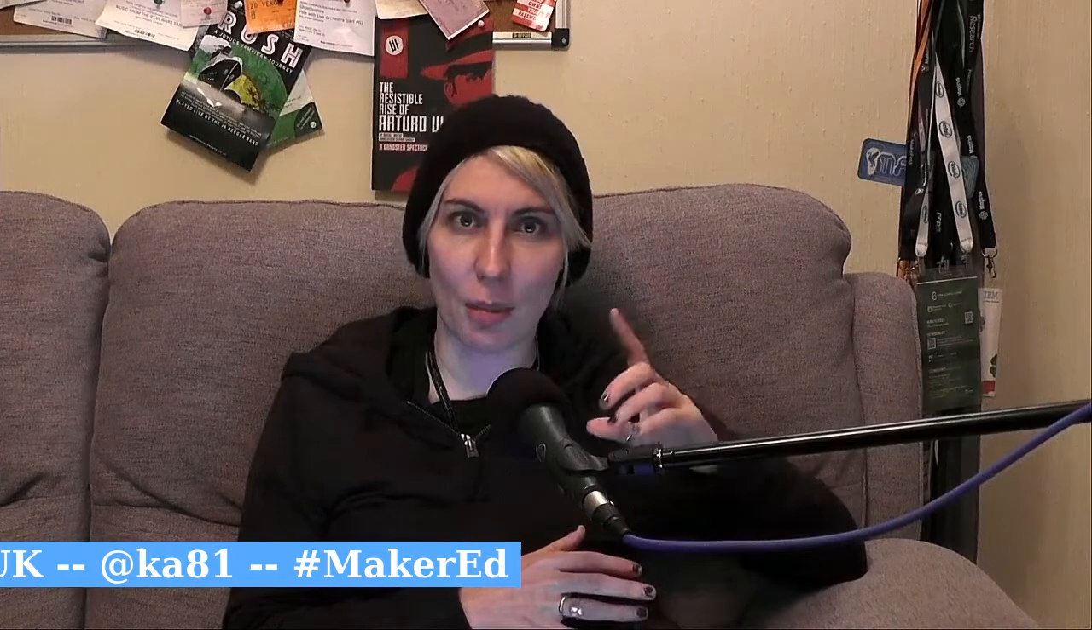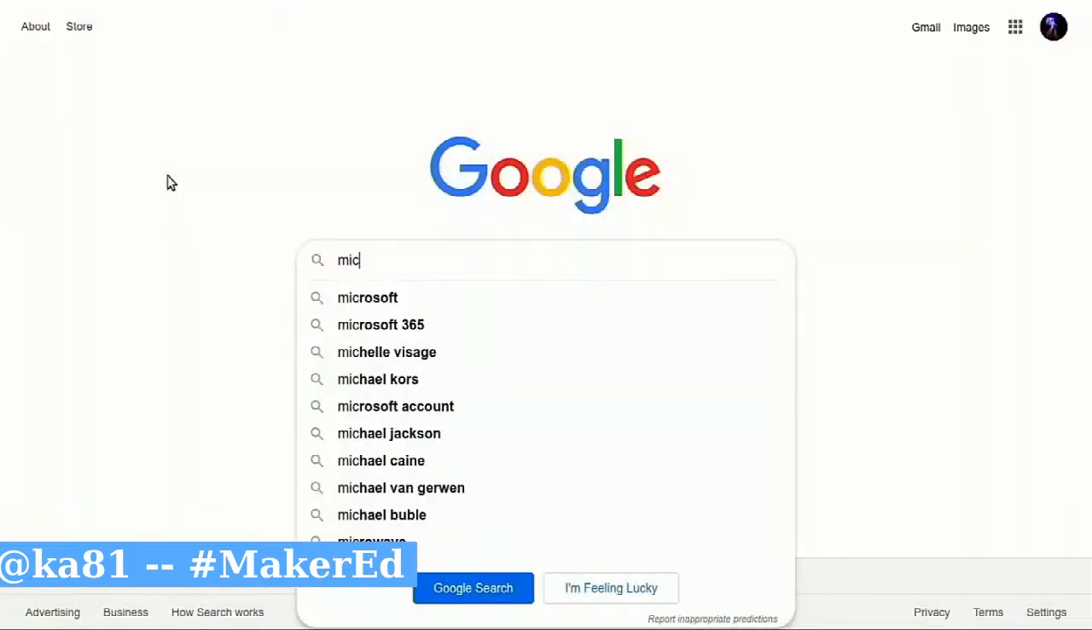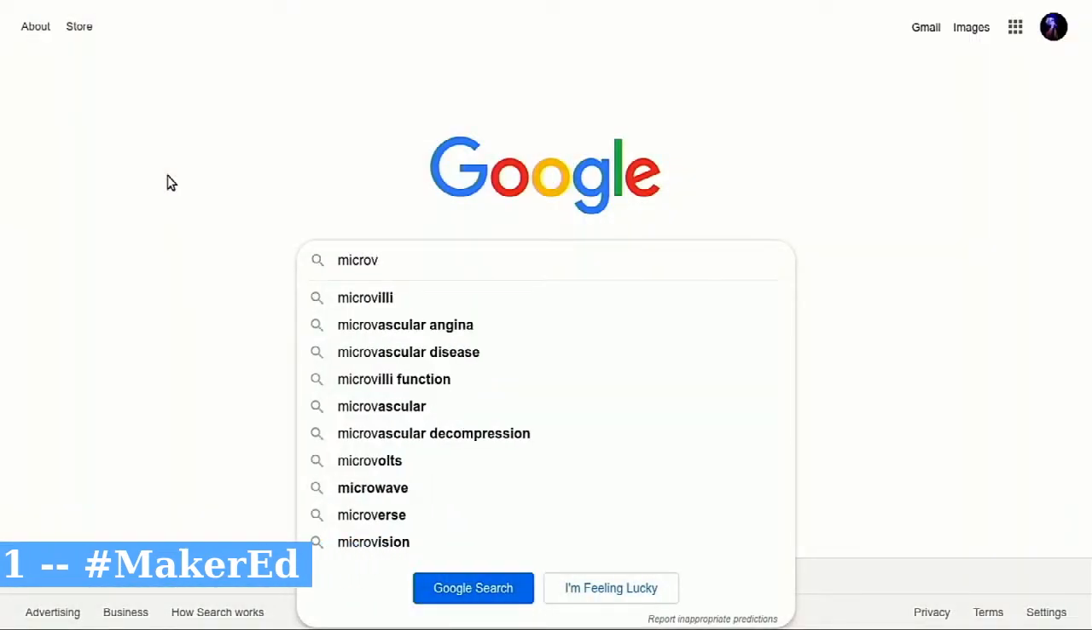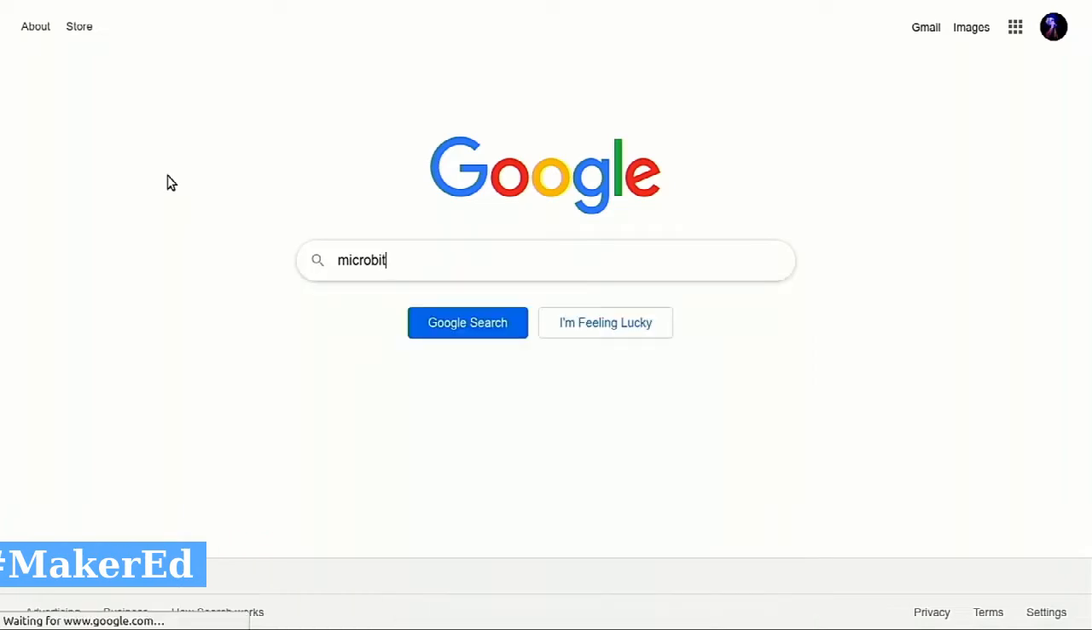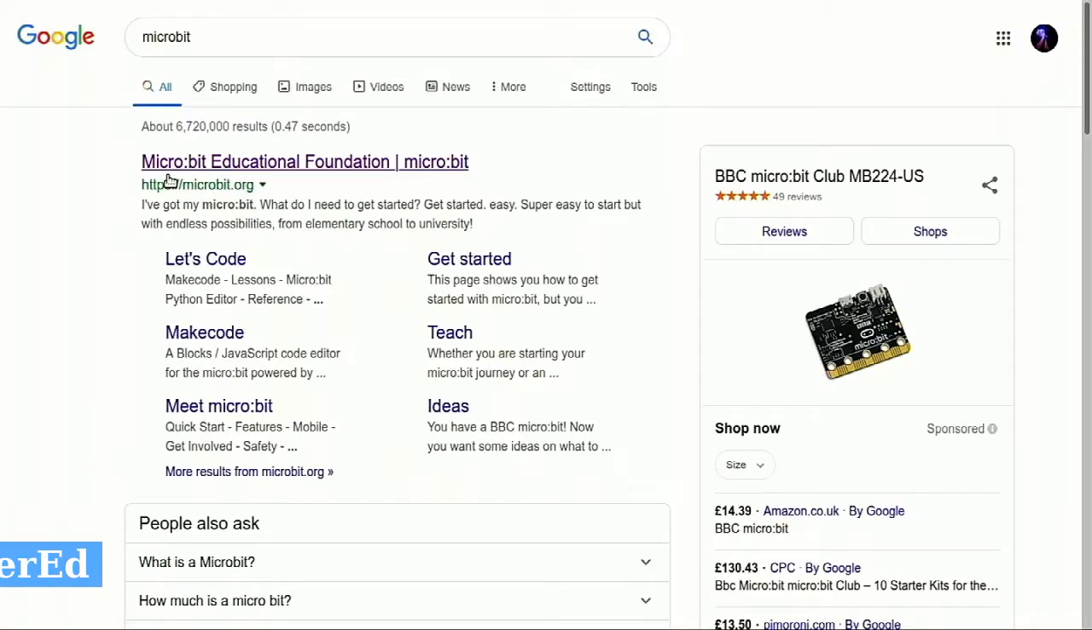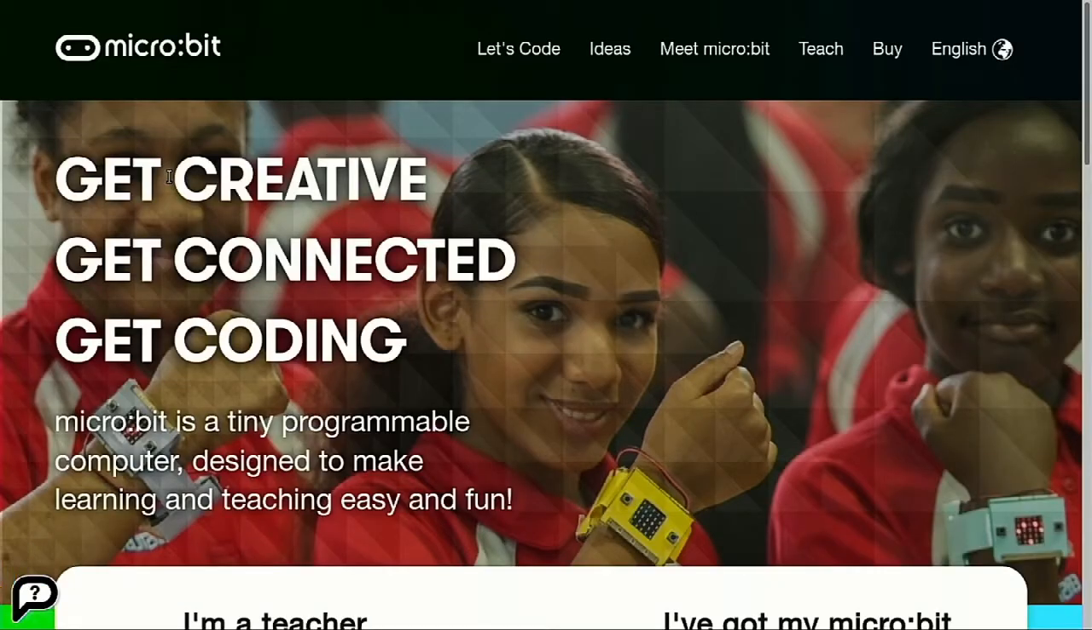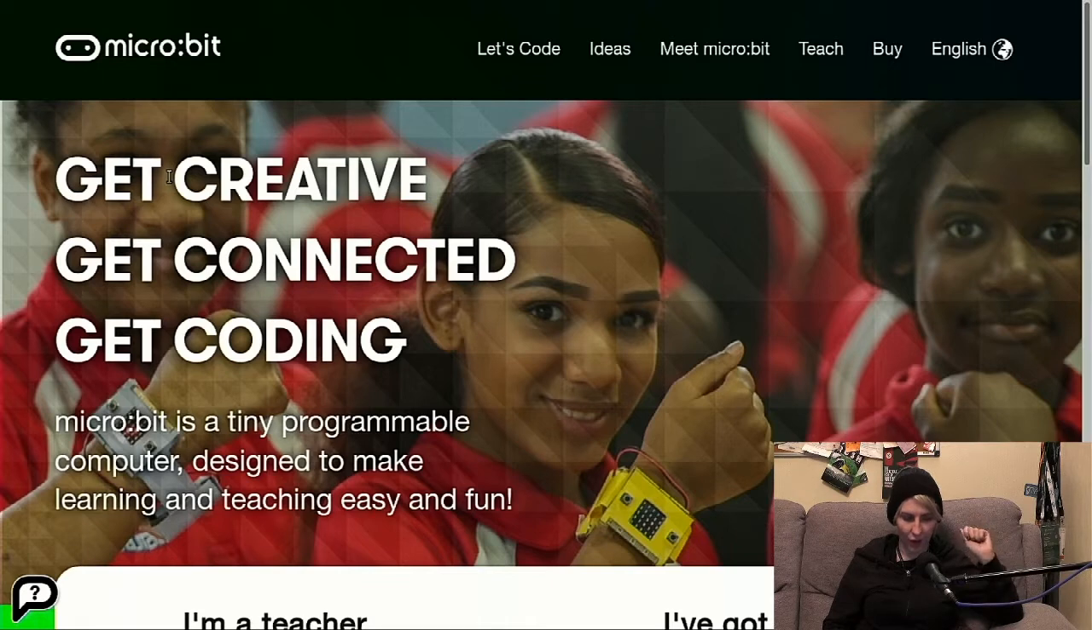So I'm going to show you my browser now. If you have a look, we're going to just do a bit of a tour. So you type in Microbit, you get this. It's one of the most effective pieces of kit you can have. I know a lot of the secondary schools have got them, and there's an incredible amount of resources on this